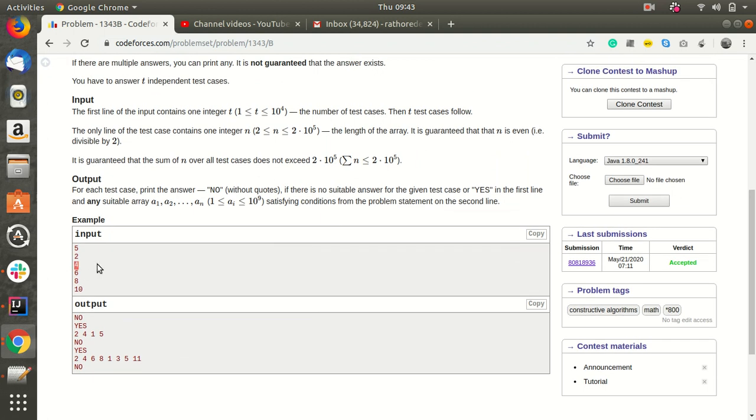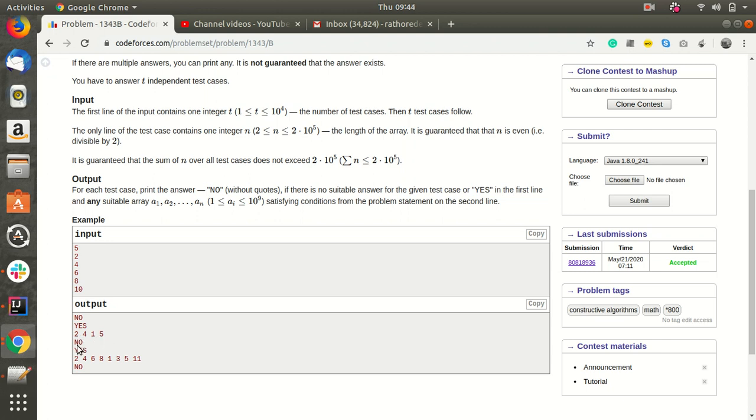Look over here, it's for 4. For 2 it's not possible. We can arrange 1 and 3, but the sum of odd and even numbers will be different, so we will just print no. If it is possible, like for 4, you can put 2 4 and 1 5.